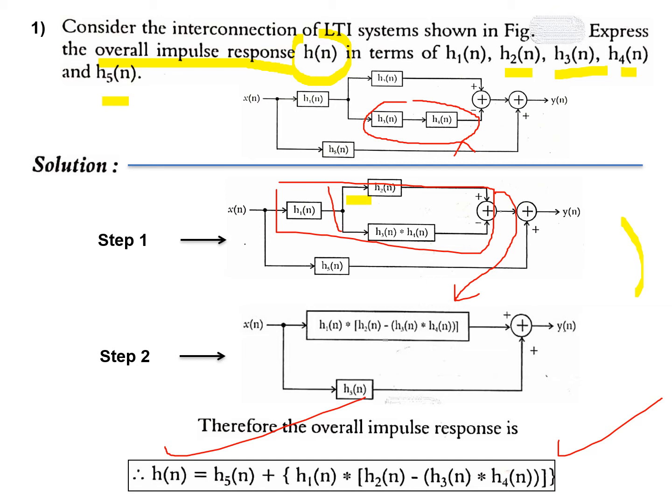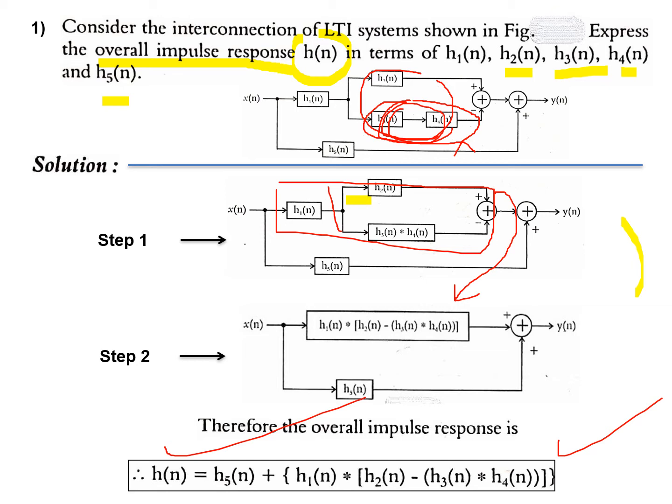And also you always have to start with the innermost. You cannot start simplifying h1 to h3 and h5 to h3 like that. You have to start with the innermost, then go outward, inside out. It is called inside out. You have to start from inside, then go out towards the final peripheral systems.